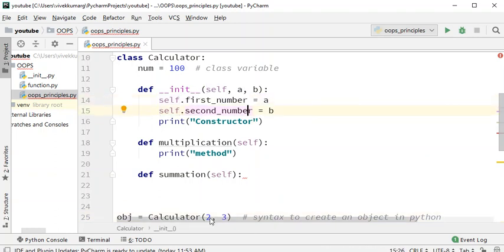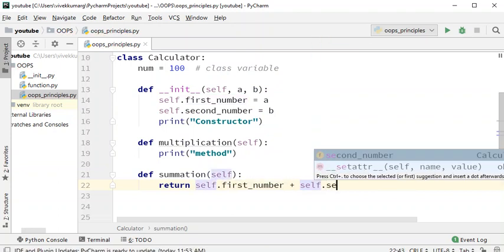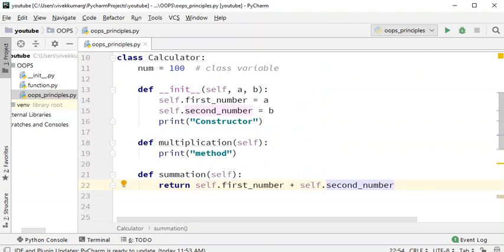Now let's get back to the summation method, where we have to return a plus b. So you need to return self.first_number plus self.second_number.